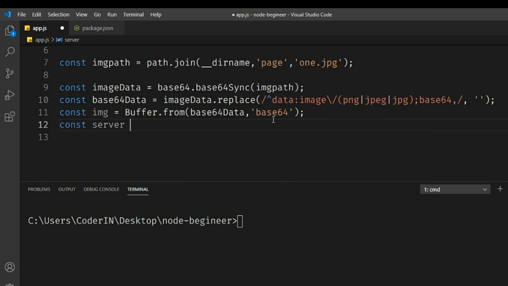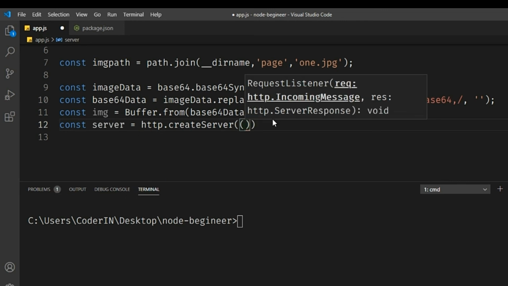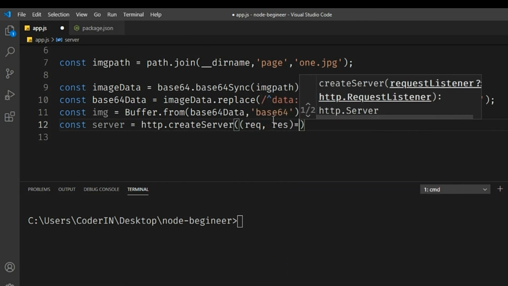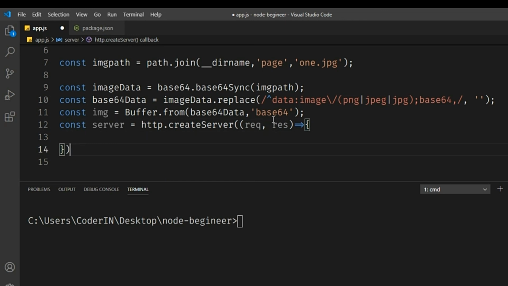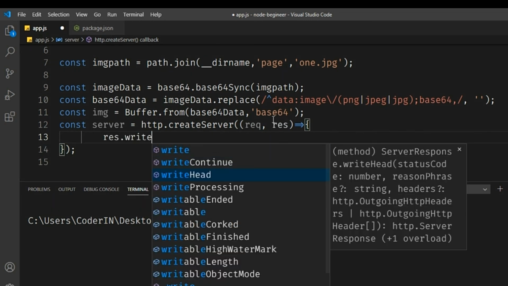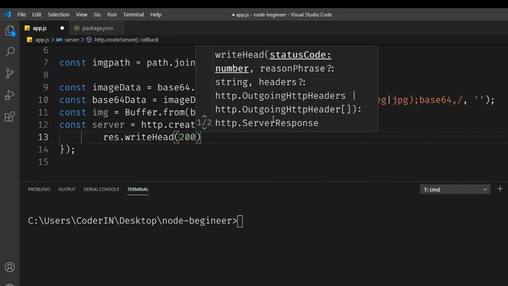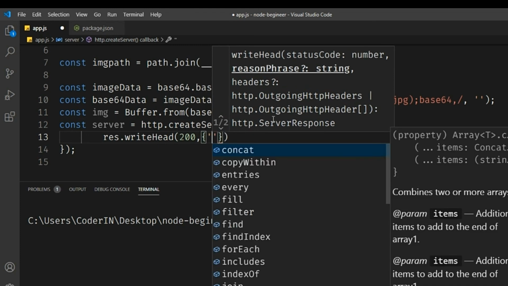Rest everything is similar. You need to create a server. You need to set its content type to image/jpeg, and after that, if you pass that response to the browser, that image will be loaded. So let me complete this. This is the 200 success message.